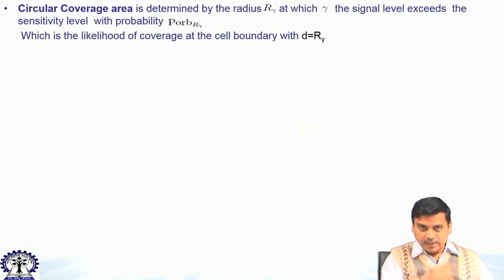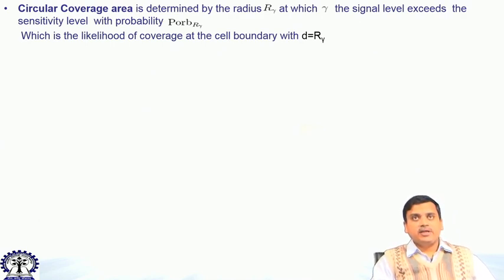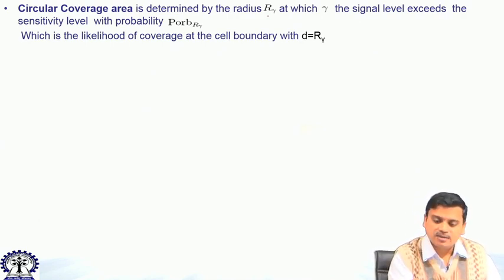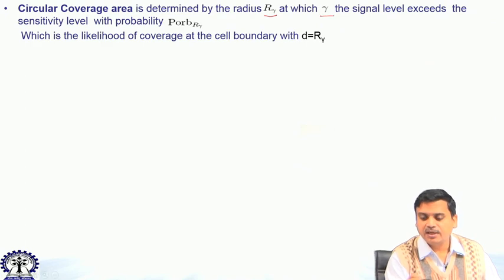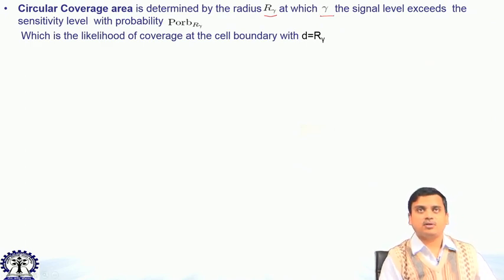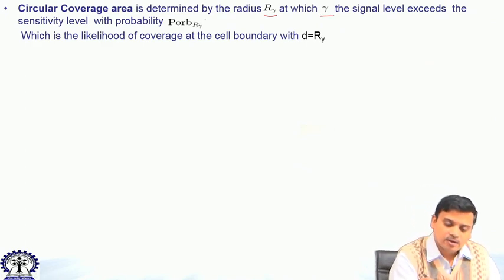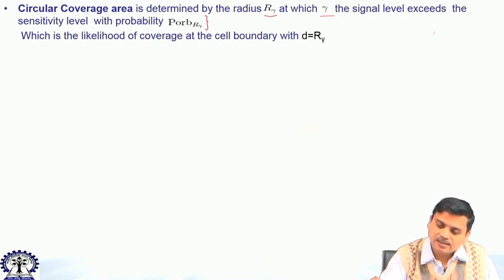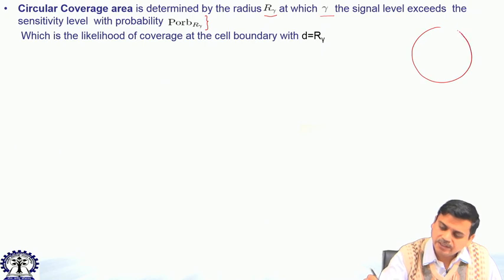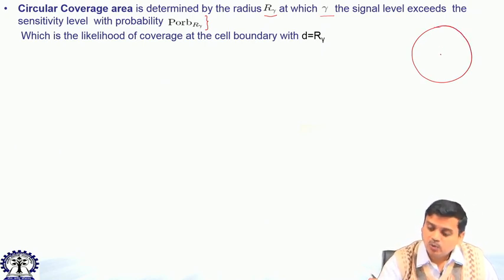So, what we are interested in calculating is the circular coverage area, which is determined by the radius r sub gamma. That is, r sub gamma is the radius at which the signal level crosses the threshold gamma, and what is the probability of doing that. So, you define a coverage area as maybe a circular coverage area with a particular radius,